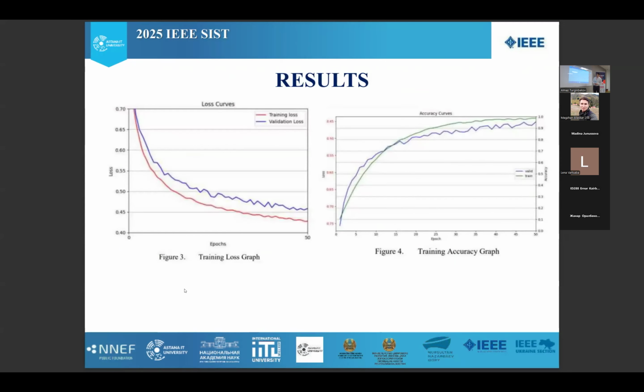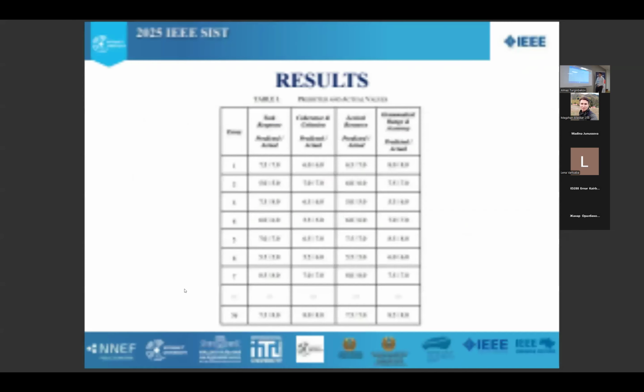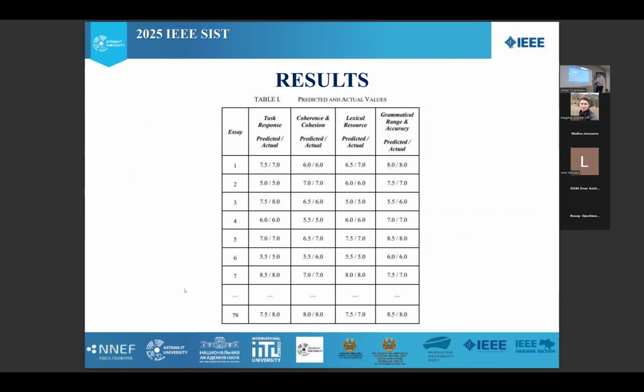Okay. Here are the results of the training. You can see that over 50 cycles of training, the accuracy of the model is rising and the loss curve is dropping down. And here you can see that, as I said before, 79 essays were chosen for the test set, and here you can view the actual and the predicted results for